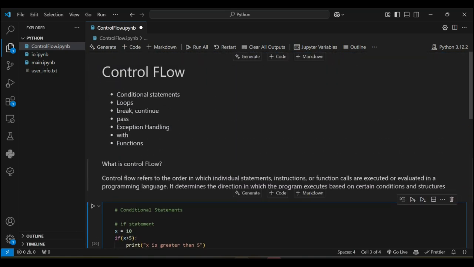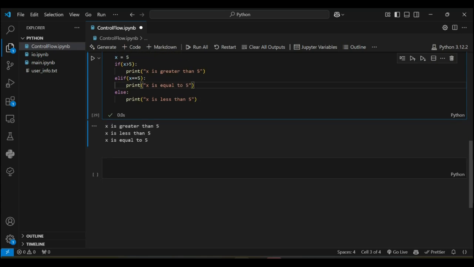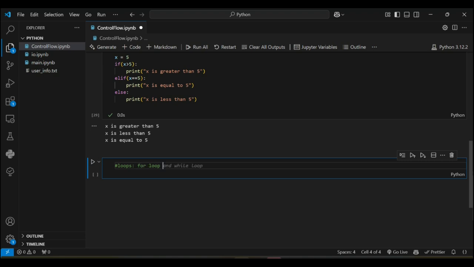Now let's move forward and learn about different loops and how loops change the flow of any program, right? So we use loops in cases where we have to iterate over a sequence of numbers or iterate something many times, right? In that case, we use different loops. In Python, we basically have two kinds of loops. One is the for loop, and the other one is the while loop. Okay, so keep in mind that in Python we don't have a do while loop. In other languages there's a do while loop, but in Python we have only the for loop and the while loop. Okay,